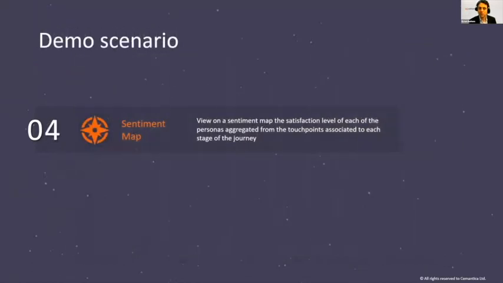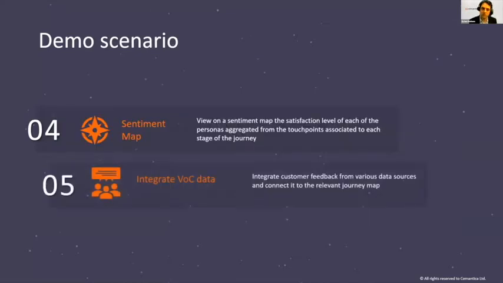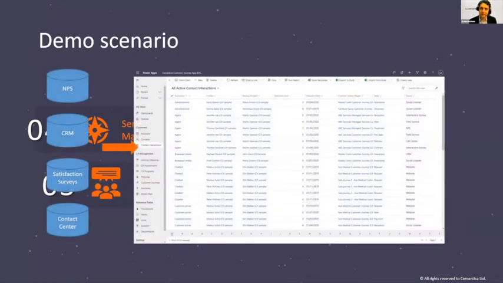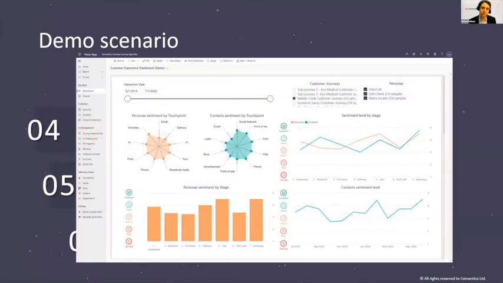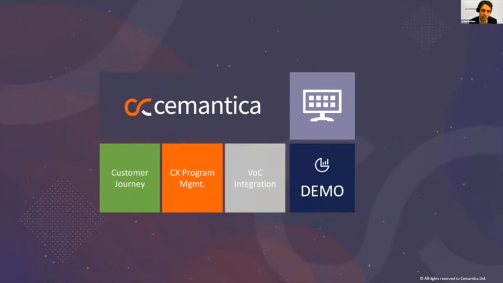Then we are continuing into the sentiment map. So the aggregation of all the different sentiments over the journey is represented in what we call a sentiment map. So we can follow up on the level of satisfaction. We're continuing with the integration of the voice of the customer data that flows into the Semantica application. And at the end of the day, we have analytics that are crossing the information between what we've mapped in the journey map and the VOC data, and we're bringing them to life in an analytical way with many other dashboards. So let's have a look now in the system itself, how this whole process goes through with the focus on the